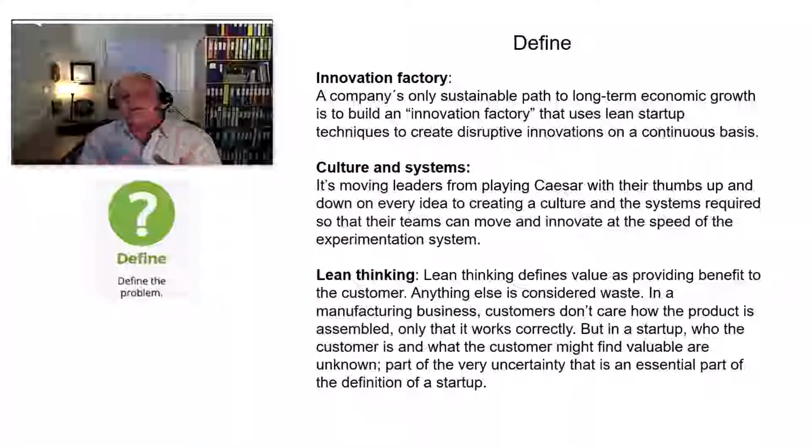That in an innovation or idea-creating culture, you need to create a system so that the teams can move and innovate at the speed of what he refers to as experimentation. That means that they need to be able to, at an instant, say, hey, we want to go try something, and be able to stop what they're doing and go off and explore that. And you'll find there's a term in some of the lean manufacturing areas called proto-storming. This is very similar: the ability to prototype something and brainstorm it at the same time, and then to find out where it fails immediately and be able to adjust, start to course correct, and move forward.